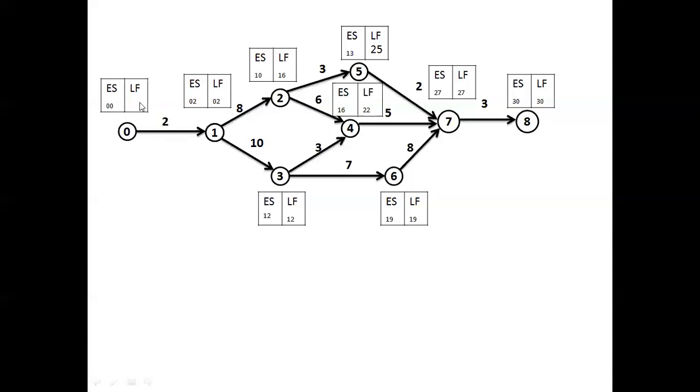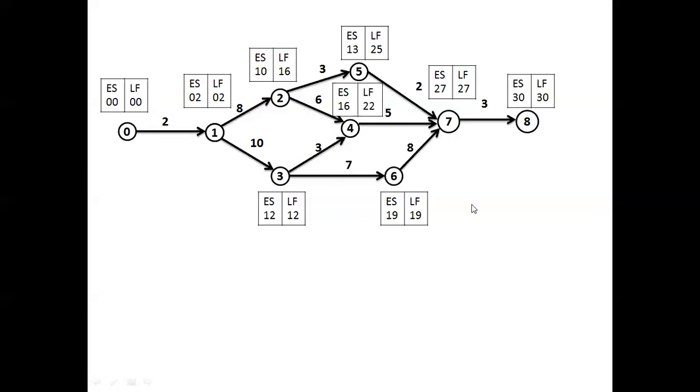Then 2 minus 2 is 0. Please remember the earliest start and latest finish time for the start event and end event should be the same. So here the latest finish time 2 minus 2 is equal to 0. So it is 0 here. If it comes 0, 0, then only you can conclude that whatever calculation or subtraction we have done here for earliest start and latest finish is right. Suppose if you do not get 0 here, then it means you have made a mistake somewhere, so once again you have to recheck it.